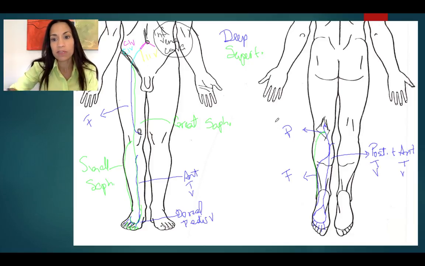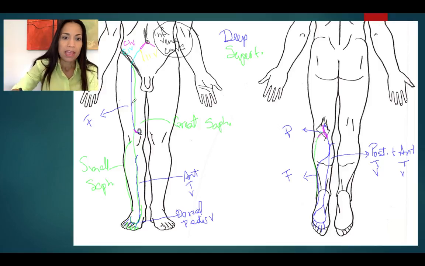The small saphenous vein empties blood, the small saphenous plus the popliteal form the femoral vein, and the femoral vein plus the great saphenous form the external